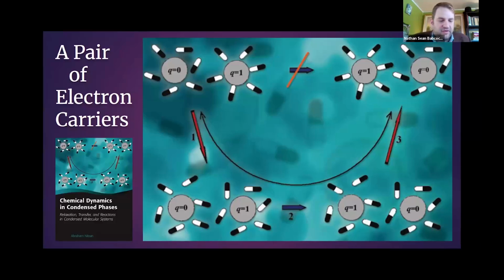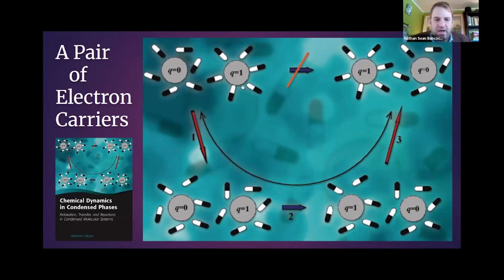And so if you look at the cover of one of my favorite textbooks, Chemical Dynamics in Condensed Phases by Nitzan, in fact, this is the diagrammatic picture of the reasoning that Marcus went through in order to win his Nobel Prize. So we have in the top left, top right, bottom left, and bottom right pictures of a pair of charge-carrying systems. In physics, we often use the letter Q to represent charge. And so if you imagine a charge sitting at a molecule or even a little metal sphere, an electrode in water, that when the charge is at one sphere,